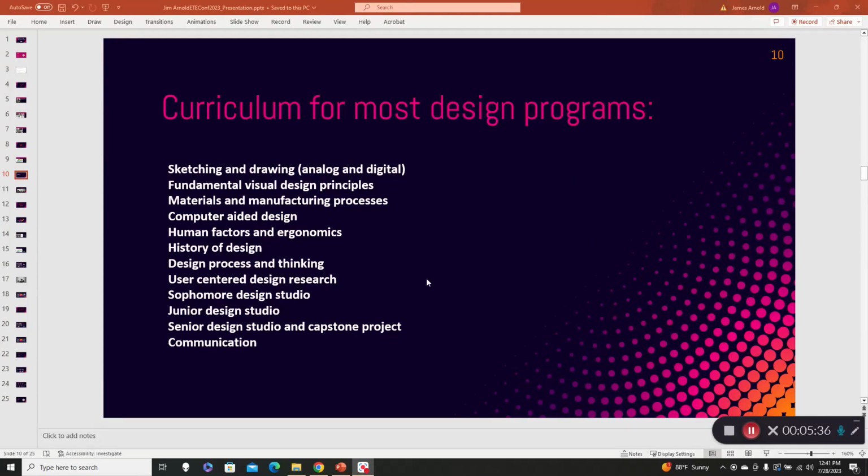In a curriculum for most design programs, you have these skills that they must understand, and abilities and areas of knowledge that they have to become familiar with so that they can function in a professional environment with other professionals that are not designers, and they have to be able to communicate with them. And those studios are really where they produce and get all that cool stuff into their portfolios. So